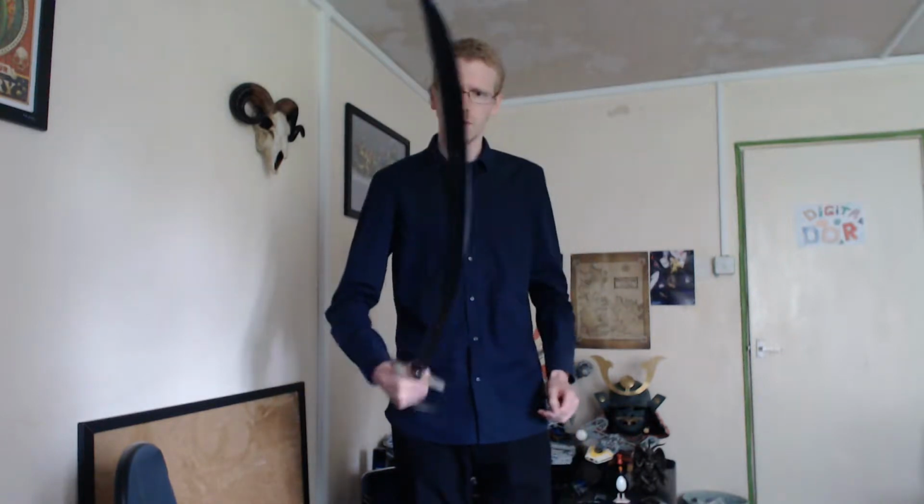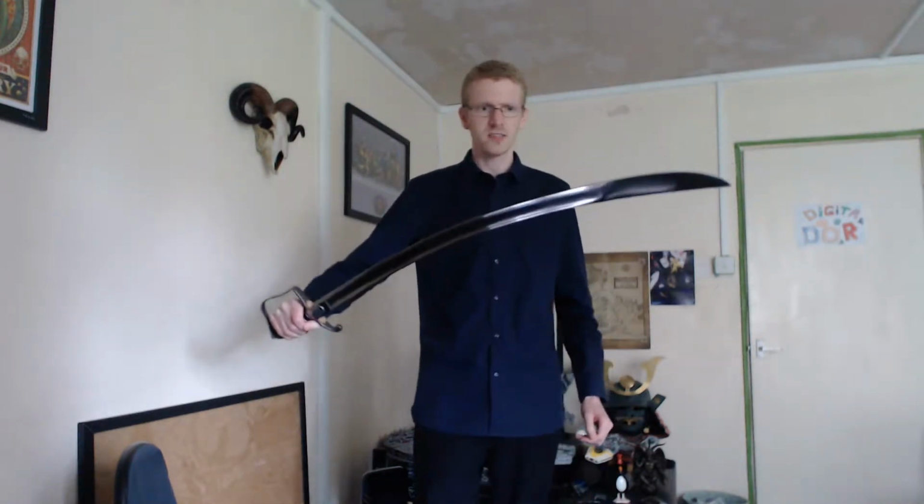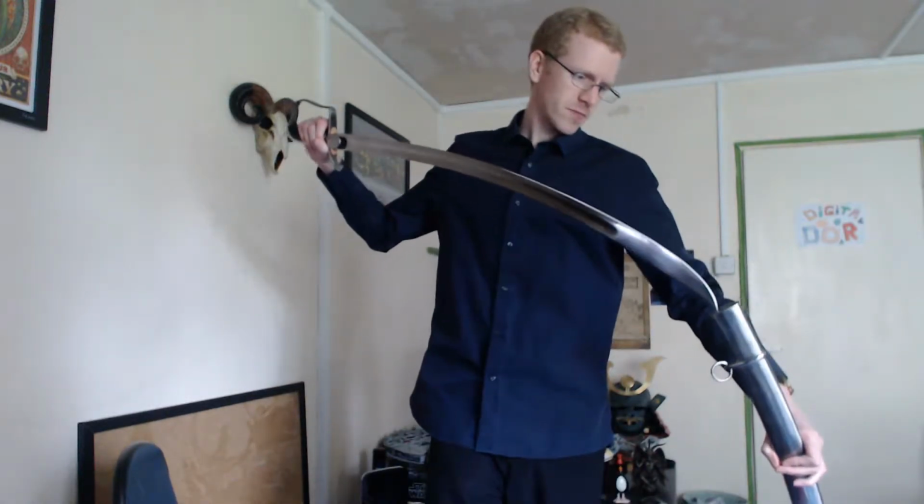Right, what's so special about this sword is it's very good at cutting. You can't really see it very well with my dark shirt in the way. But what makes this so formidable is it's thicker at this end, wider that way, than it is down here, and then it gets significantly thinner towards the tip. It's called a hatchet tip, so it was very, very good at cutting. If you want a genuine antique one of these, it sets you back a lot of money. However,